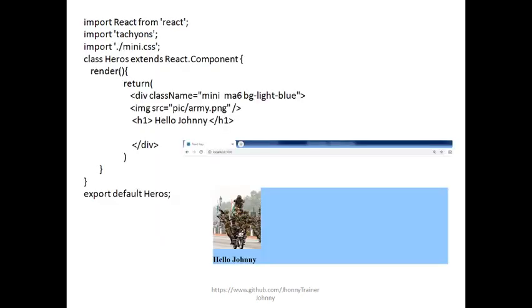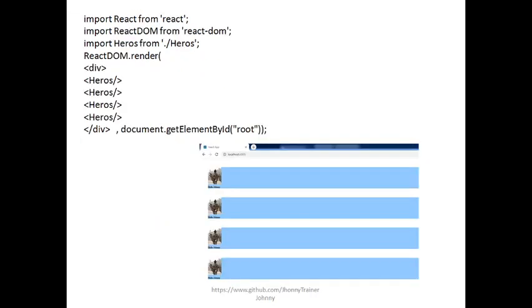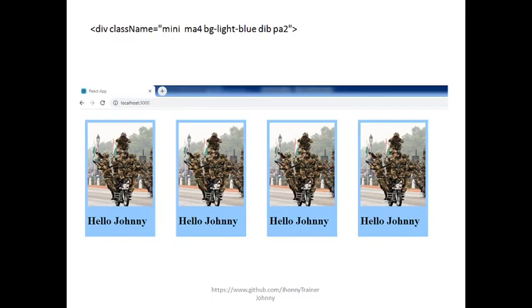We got some output like this, but we didn't get the expected output because I have used a very small height for the image, so we didn't get the background color initially. Next, we were trying to display them in different lines, in a new line. In order to overcome this, I have used a property called mdb, that is display inline-block, and ma4 margin, padding, and background color. We got everything on the same line. As I have not concentrated on the CSS, we are just focusing on the React part now.